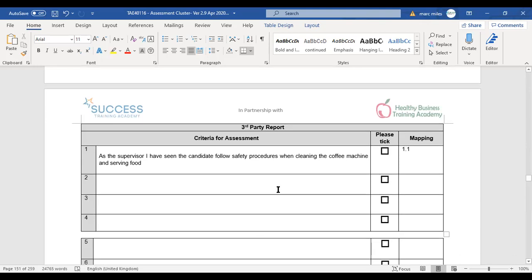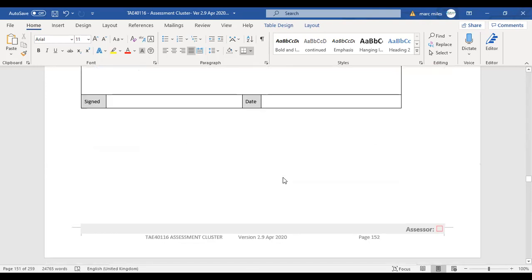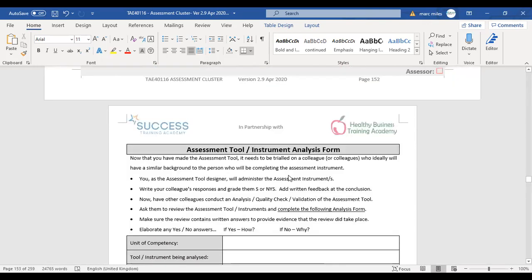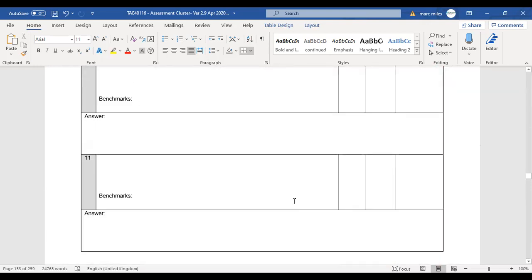Once you have created your workplace document checklist, your interview questions and your third-party report, what you're then going to do is sit down with the candidate and trial it. So let's go back up here, and for the workplace documents,